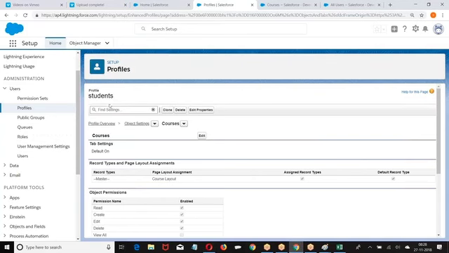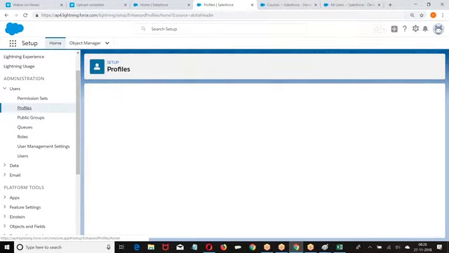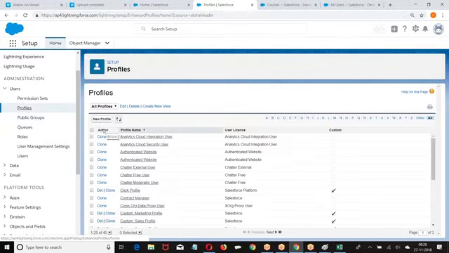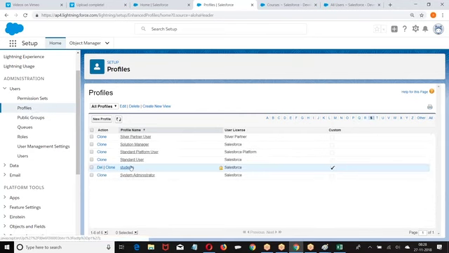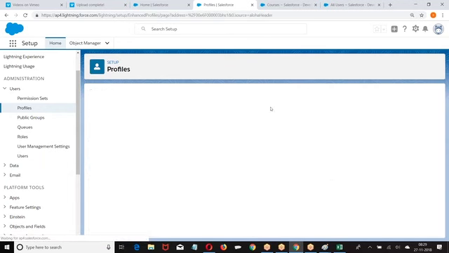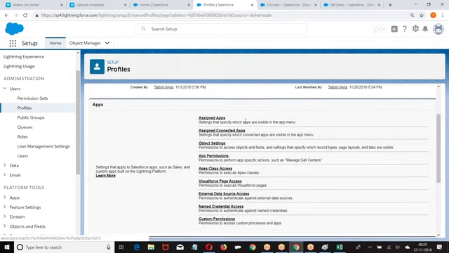Any other query from anyone else? Satish, will that insufficient privileges come only on this OWD and everything, or apart from that will it also get that message? Insufficient privileges on what? On the table or records? Basically, insufficient privilege will come when you are trying to work with the database only. So when you are trying to access the database or record, you will get that message. Okay. Right, boss. Any other?